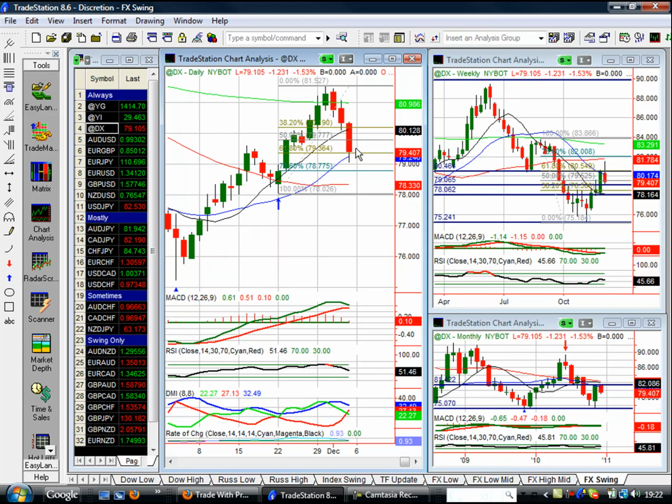If we've got a green daily candle and a break up through the high of that daily candle, then I would be looking bullish on the daily chart. And as far as a daily chart trend goes, I'll be willing to trade with that, even if there's a little bit of lack of confirmation on higher time frames.